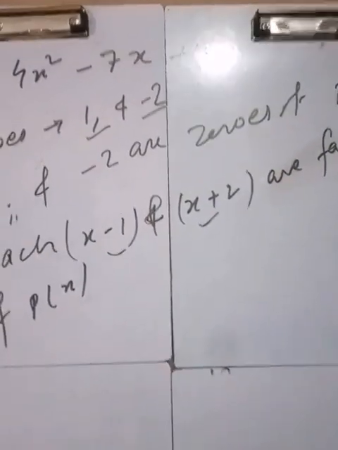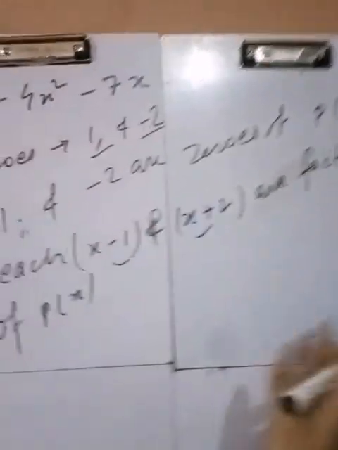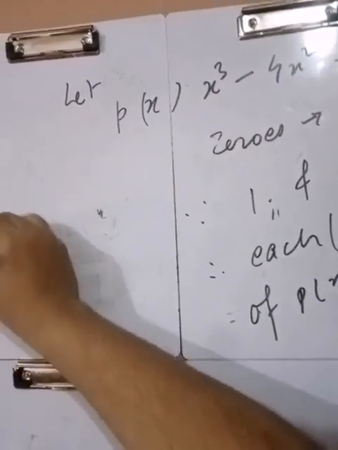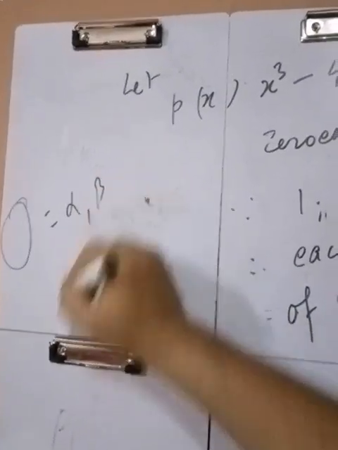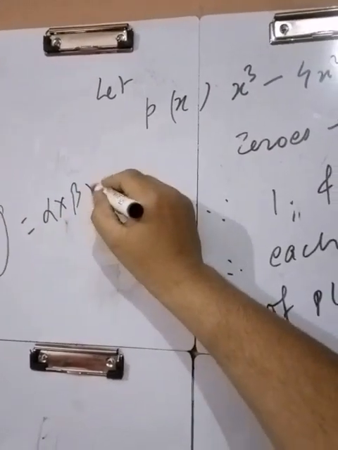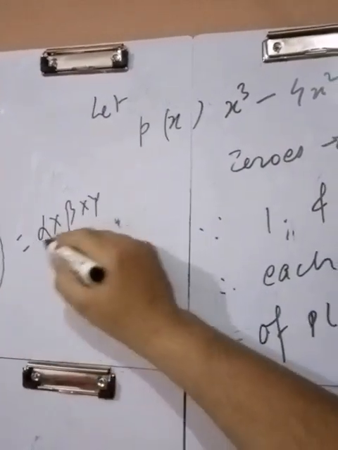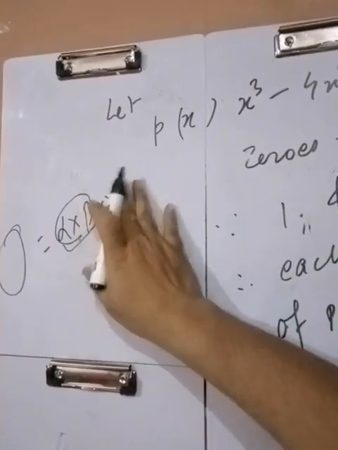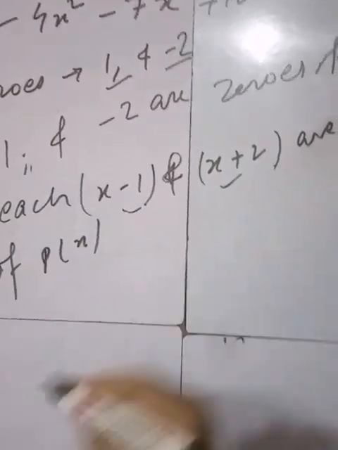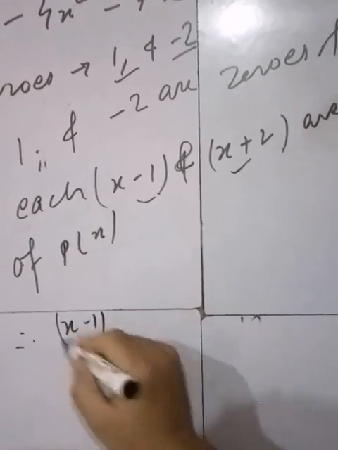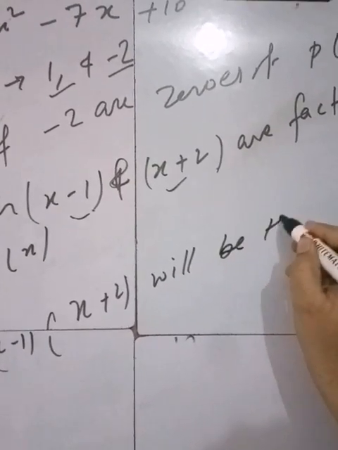This means that if this is a factor and this is a factor, then the product of these will also be a factor. Suppose any number has factors alpha and beta, say alpha beta into gamma. Then alpha and beta are both factors of it. Similarly here, if x minus 1 is a factor and x plus 2 is a factor, then x minus 1 into x plus 2 will be a factor